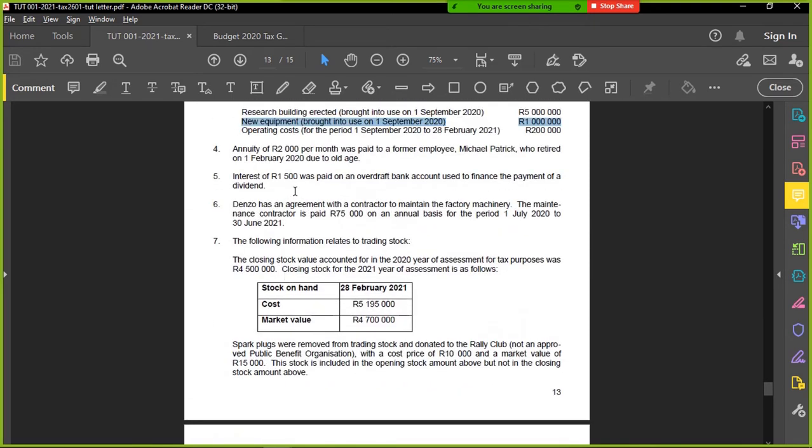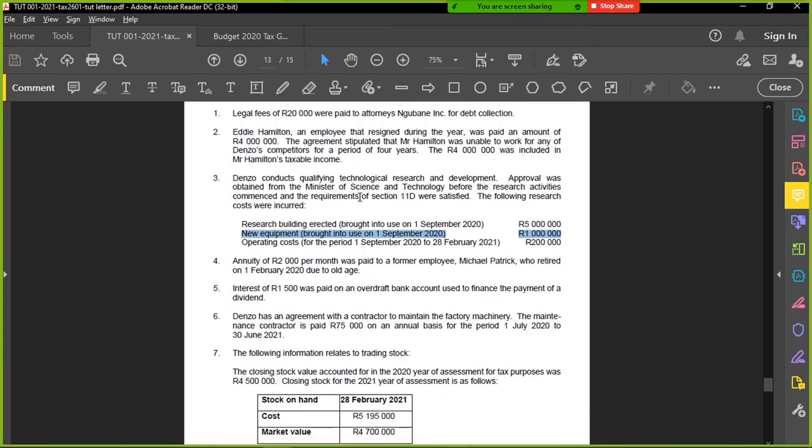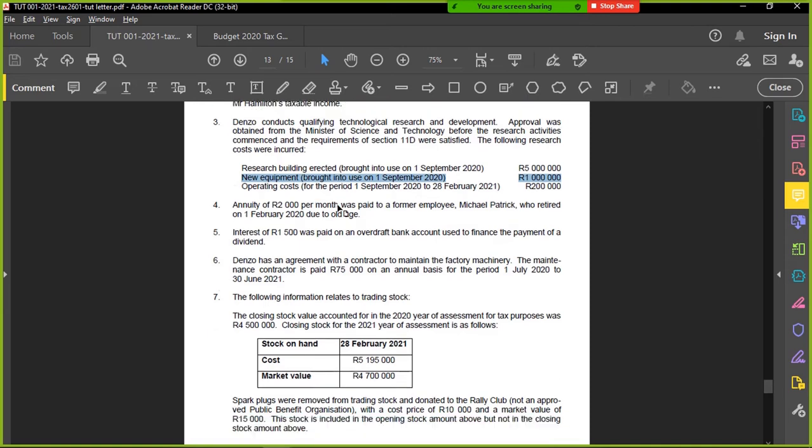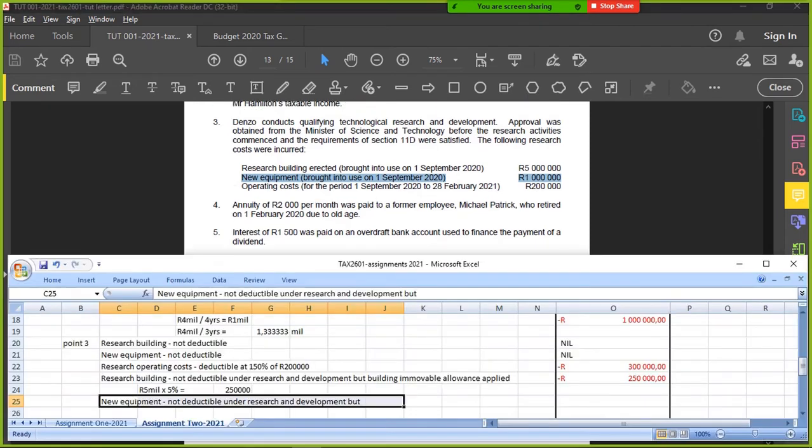Okay, because normally they should give you an expected life, because remember, SARS will have their own rules regarding the amount of time that you can use to write off certain assets, movable assets, according to wear and tear. Does that make sense? Yes. Okay, so specifically for this one, only because I wasn't told in the question, 12C can apply assuming